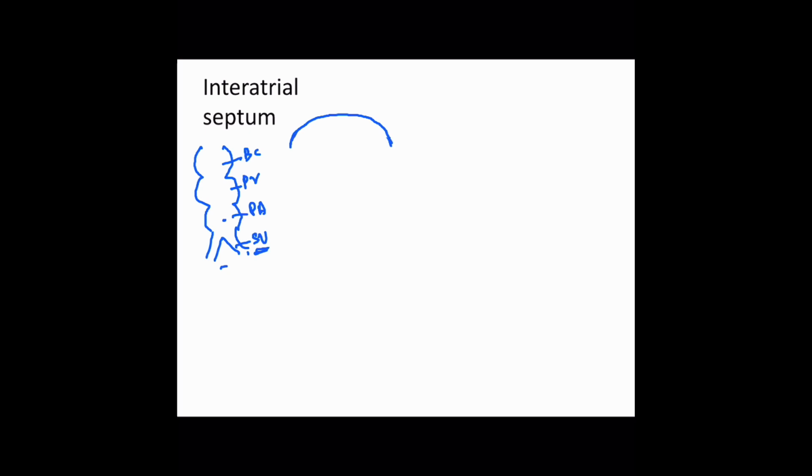This is the wall of primitive atrium, and we know that this sinus venosus is opening into it, with the septum spurium, its right and the left horns. Okay, this is right side, this is left side. The septum spurium is having right and the left venous wall. The left wall will merge with the interatrial septum, while the right will enlarge to form, or incorporate in, the interior of the right atrium.